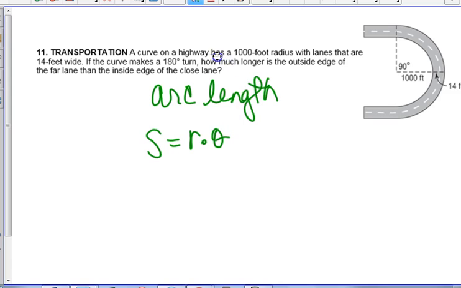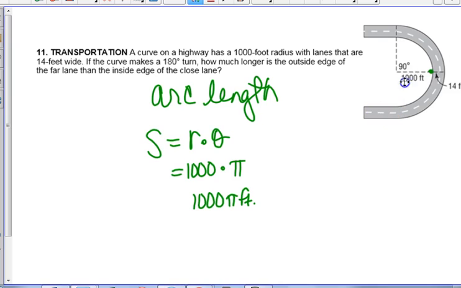So it says a curve on a highway has a 1,000-foot radius with lanes that are 14 feet wide. We're going to say that 1,000 feet is the inner radius here. So we're going to do 1,000 times, how are we going to change 90 degrees? 90 times pi over 180 or pi over 2, yes? Okay. But it says if a curve makes 180 degrees, how much longer? Oh, we got to use 180. I lied. So 180 is just what? This is easier, guys. Pi. Okay. So we have the arc length is 1,000 pi